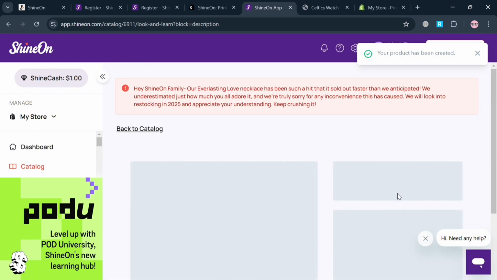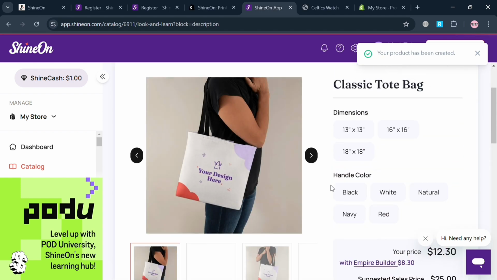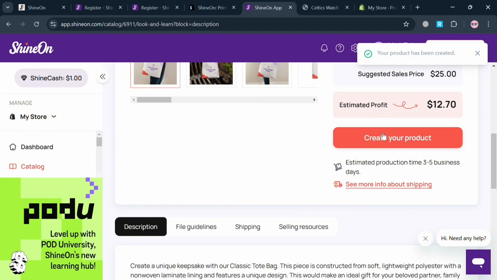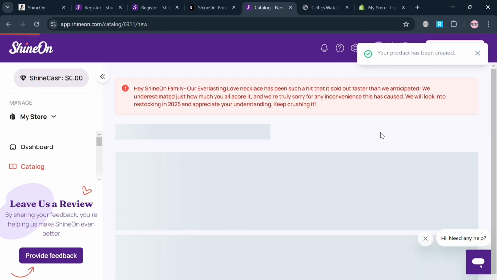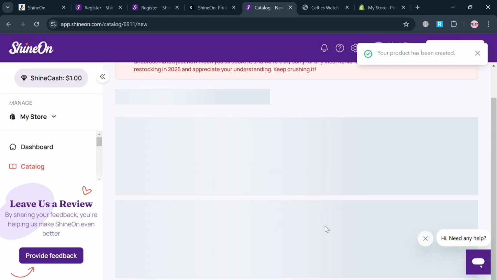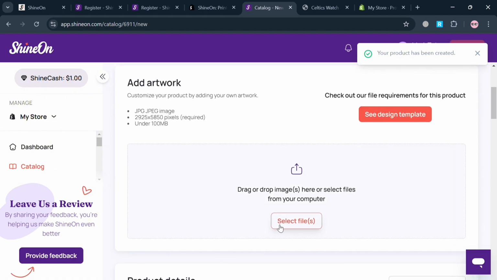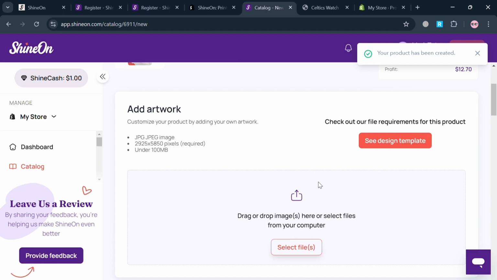So from here, once again, you'll be directed to this page, and it will show you the details about this product, such as the size or dimension, but just proceed by clicking the create your product button below here, in which by clicking on it, you will automatically be directed to this page right here. Then you can once again start adding some other details or customizing, including the title of the product in here, uploading your artwork,